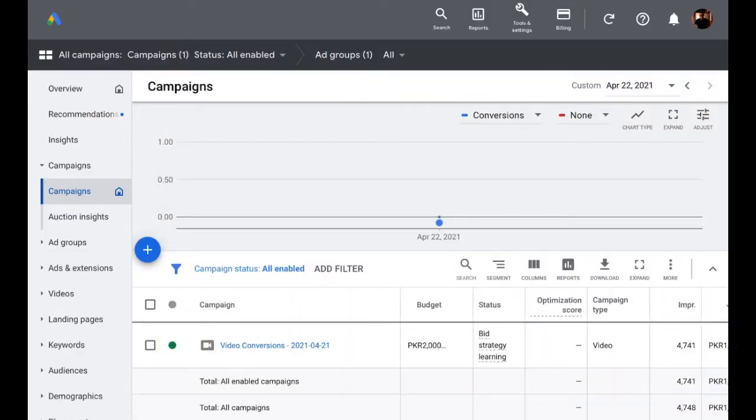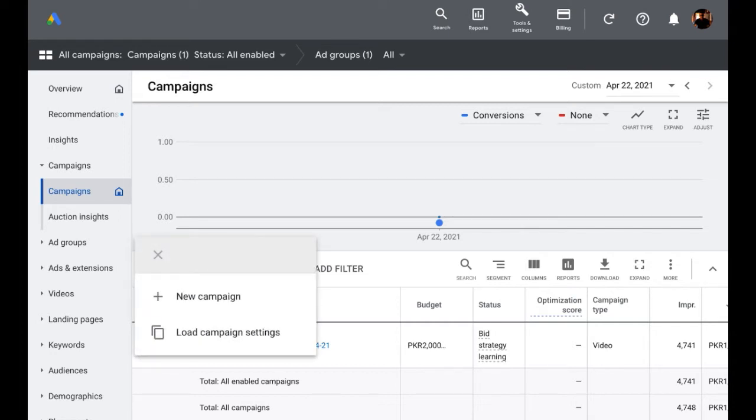Okay guys, so first we'll enter the Google Ad account. I will not tell you exactly how to set up a Google Ad account, as there are plenty of YouTube videos. The whole idea behind this is so you know the correct way of setting up an e-commerce campaign, which has taken me a lot of time to figure out. So I'm going to tell you step by step. First you click on campaigns, click on the plus button and then new campaign.